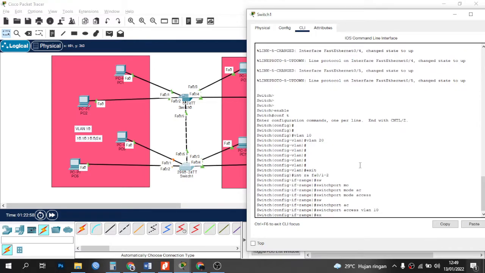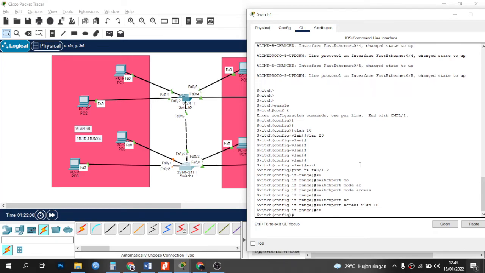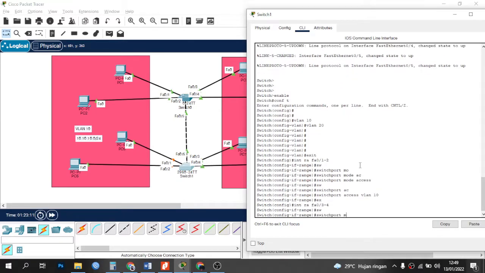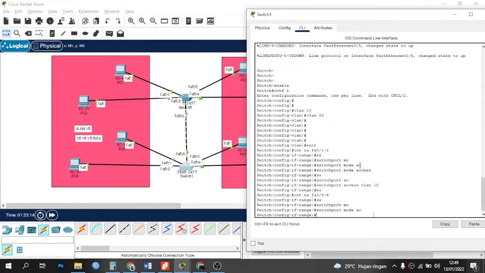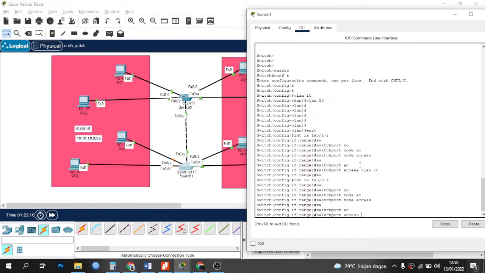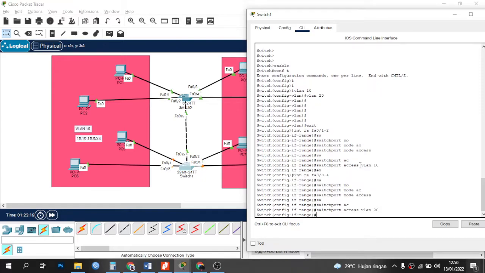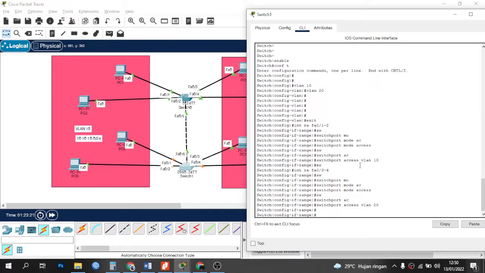On the right side, interface range fa 0/3 to 4, switchport mode access, switchport access vlan 20. Okay.